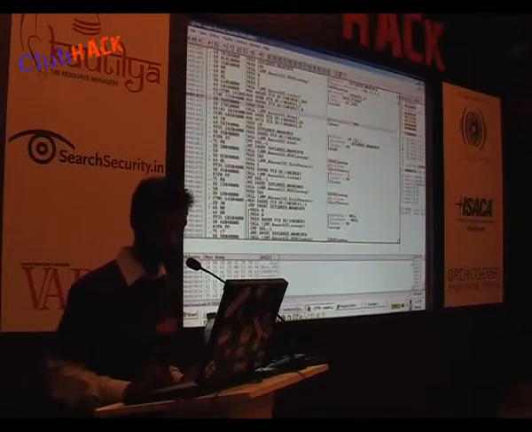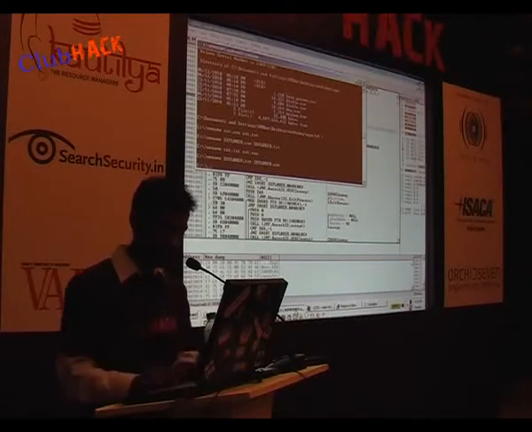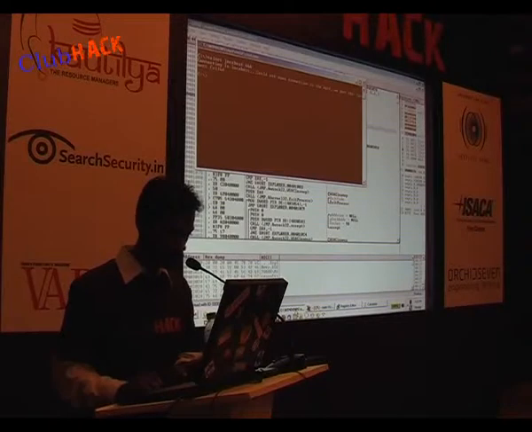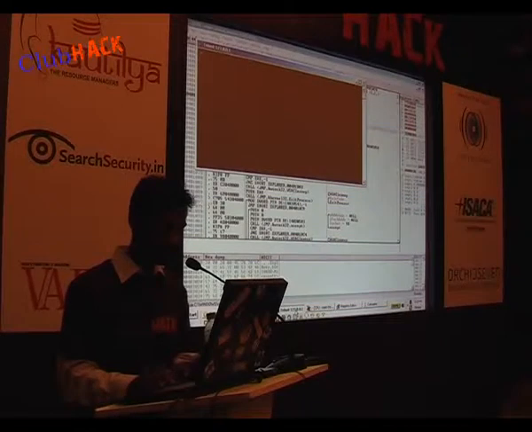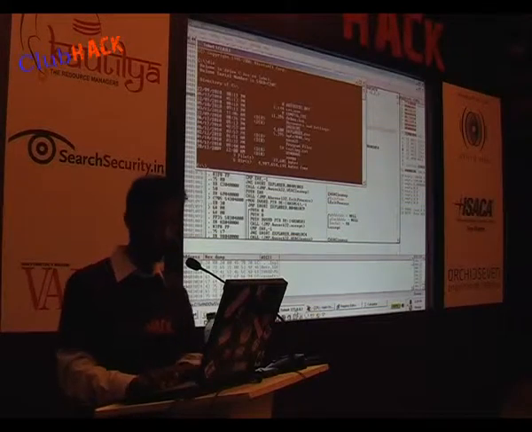Now what I'm going to do is simply telnet into my own system at port number 666 and check if it is working or not. Yes, it's working, right?